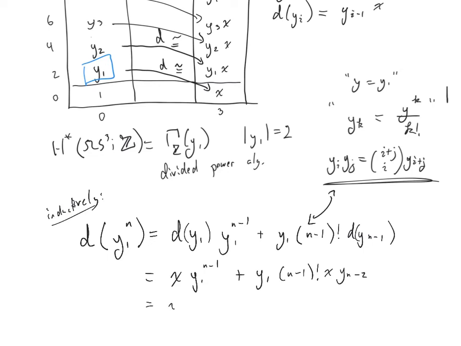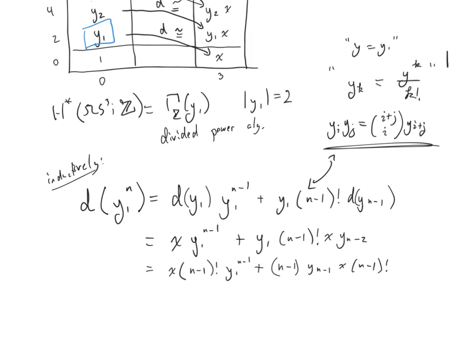Let's see, what is this? This is x times n minus 1 factorial y1 to the n minus 1 plus n minus 1 times yn minus 1 x the n minus 1 factorial by factoring, and then yeah, this looks like n factorial x yn minus 1. So you get to conclude that the